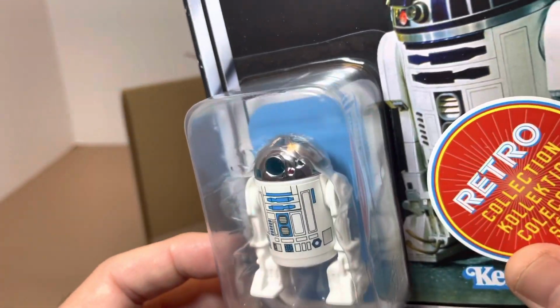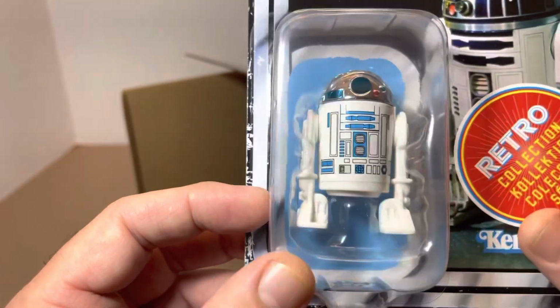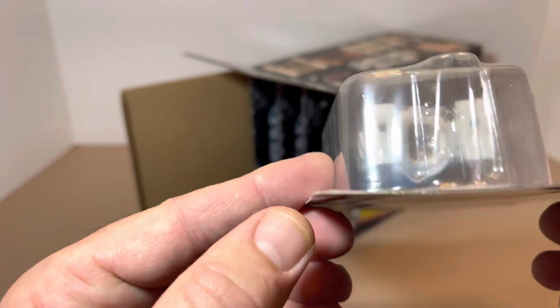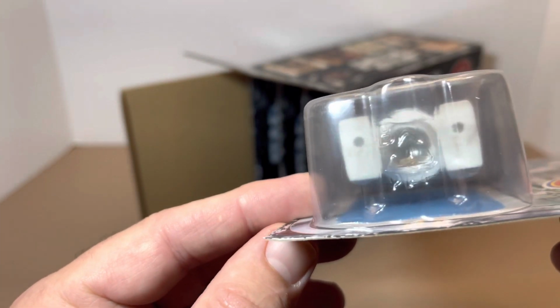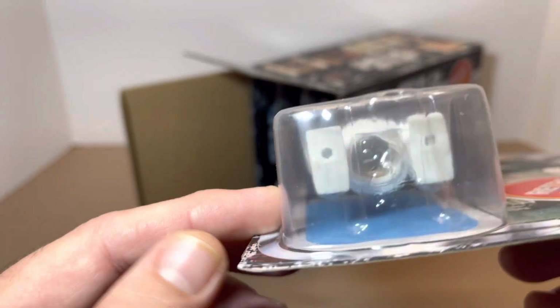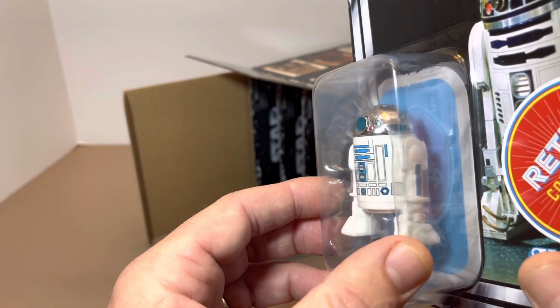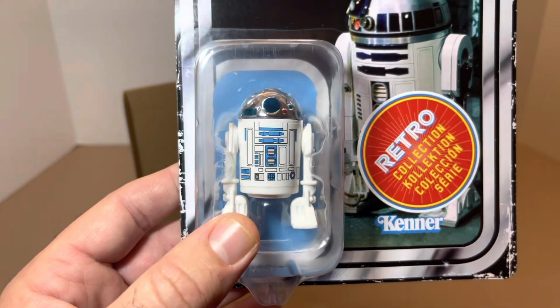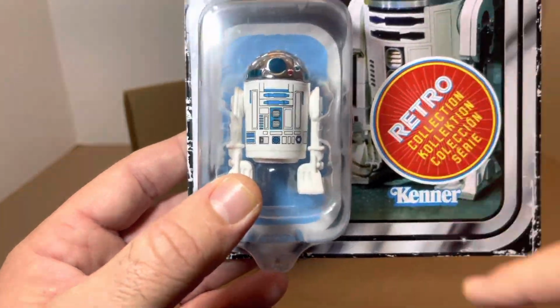Look at that metal vac there on top. That looks cool. The sticker's placed really nice. Good quality control from what I can tell. That screw is down there in the bottom. They use that screw to connect the head again. Looks really cool. Unfortunately, we get that annoying sticker, but we got this great little picture here off to the